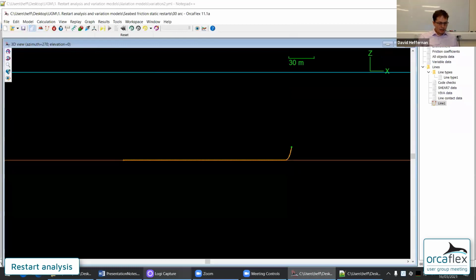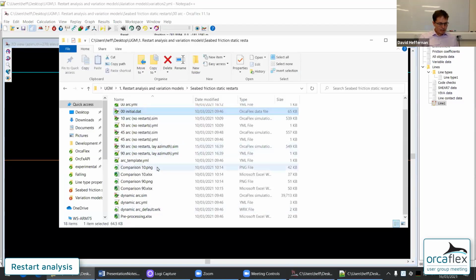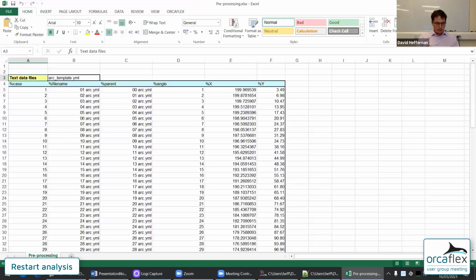And then I'm going to look at my automation. My automation is this Excel spreadsheet. This is the standard OrcaFlex Excel sheet, the pre-processing sheet for text data files. I'm going to do a static analysis, one analysis for each degree. So I'm going to do 90 analyses, through 1 to 90 degrees of my arc.